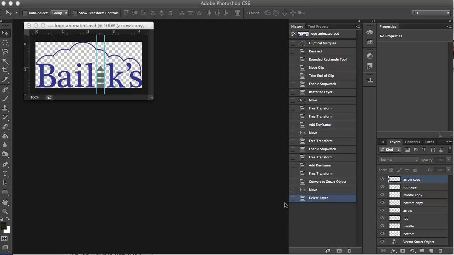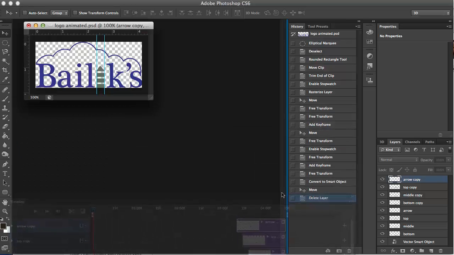Okay, let's talk animated GIFs. The cool thing about Photoshop, one of the very many cool things about Photoshop, is that you can actually do some simple animation in here. So I have created a basic logo here. You can see, and by the way, this was up here like that, and I actually ripped it off to get it this way. And I have all of my layers over here on this side, and you can see